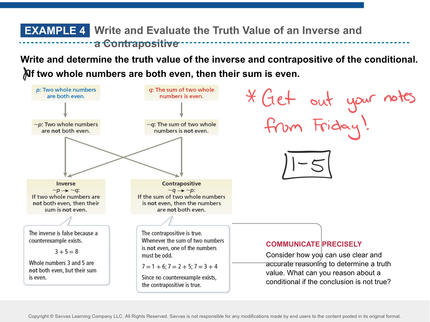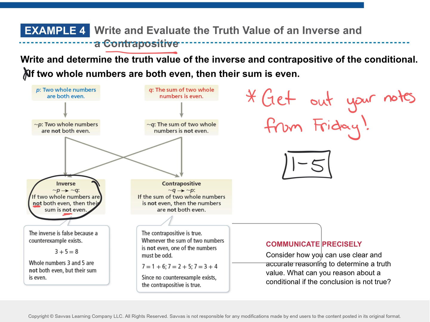Looking at this example right here, if 2 whole numbers are both even, then their sum is even. What do you think the inverse does? Converse flips them. Look at your table that you guys drew. If 2 whole numbers are both even, then their sum is even. The inverse of that is if 2 whole numbers are both not even, then their sum is not even. So the inverse is kind of the negative of both of them. Okay? And then the contrapositive